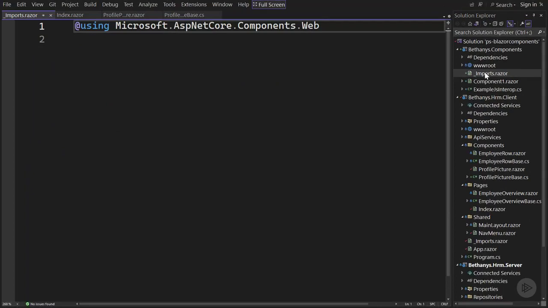Right now, there is one using statement in its _imports.razor file: Microsoft.AspNetCore.Components.Web. This means all components in the library can use components in that namespace without an explicit using statement. This namespace contains a lot of types that are very commonly used by Blazor projects, like the event args types